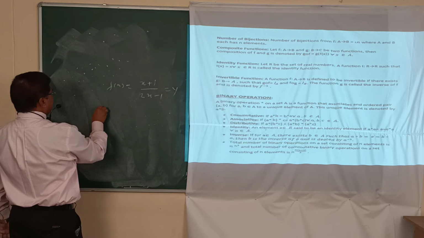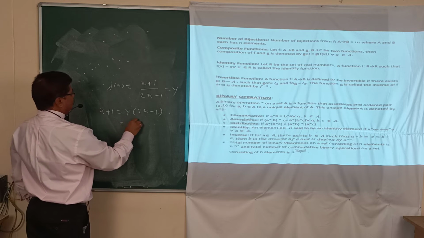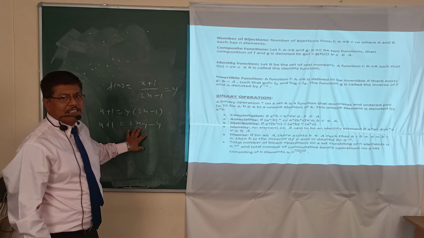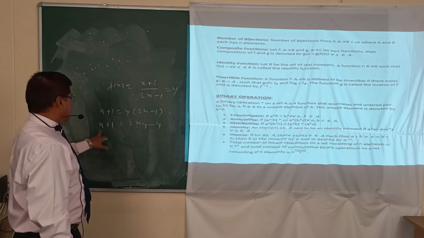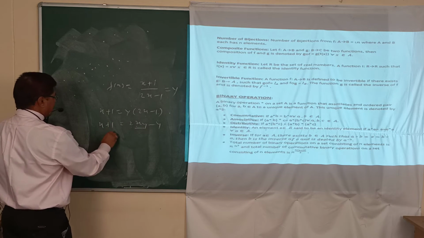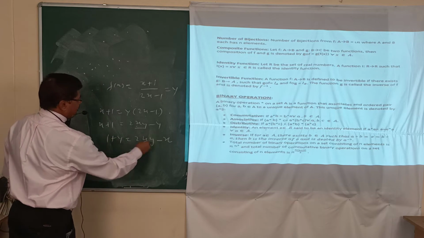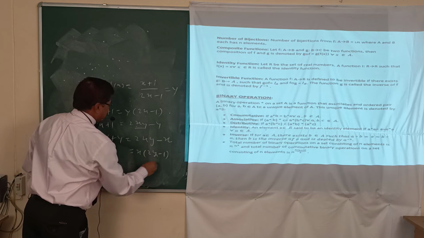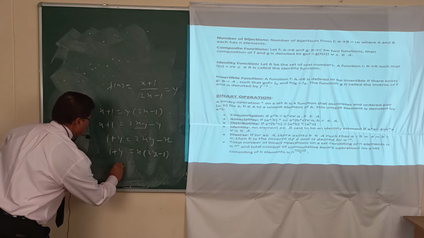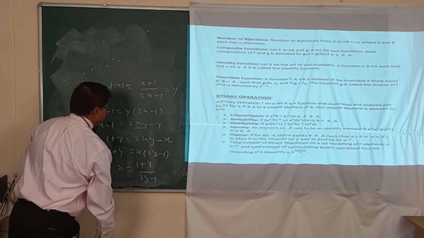So first you cross multiply this: x plus 1 equals y into 2x minus 1, then 2xy minus y, this is x plus 1. Now here we want to make x the subject. It means we will separate all the components of x. This term transfer to this side, and this y on this side. So 1 plus y is equal to 2xy minus x. Now from this you can take x common. So 2y minus 1. Our motto is that we will separate the y only. So x is equal to 1 plus y upon 2y minus 1.